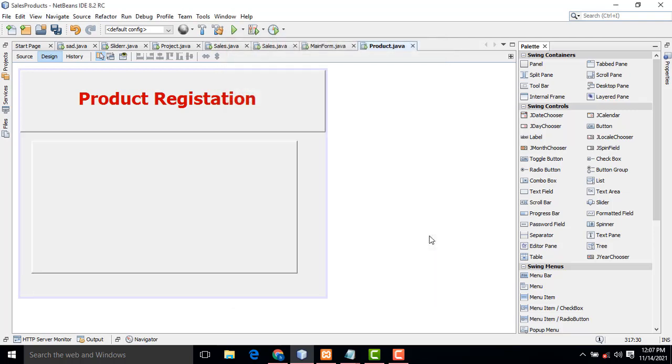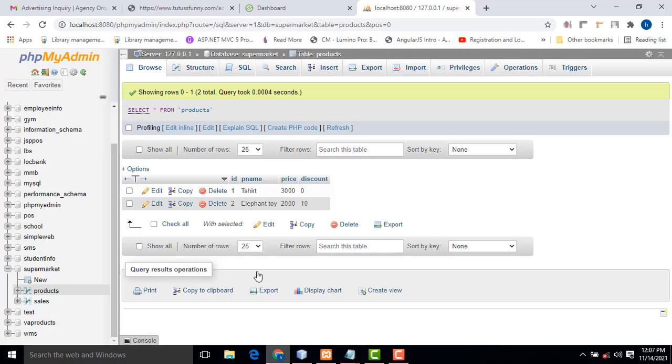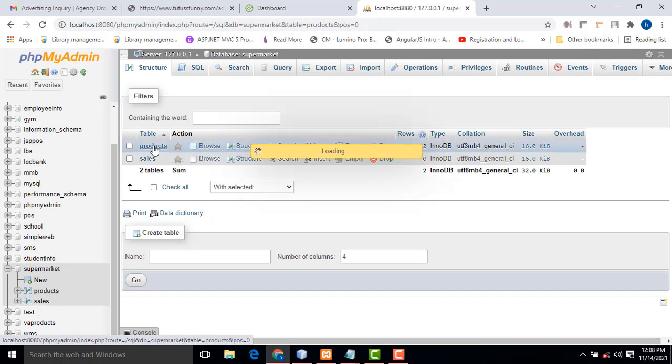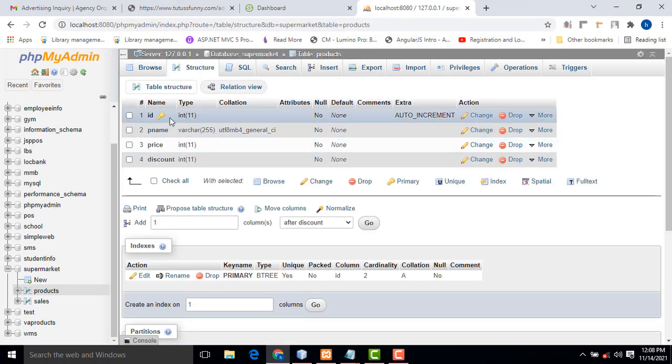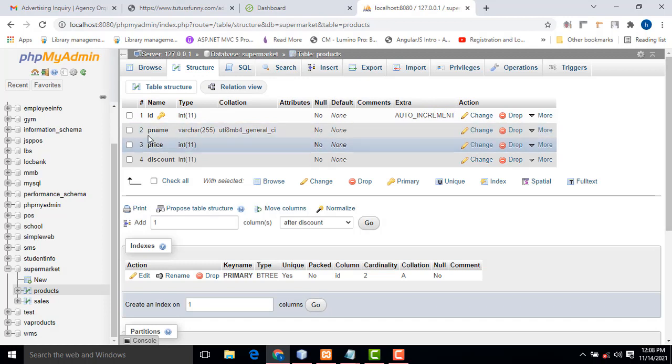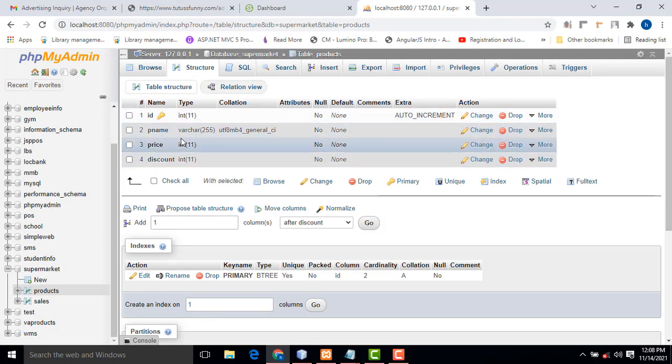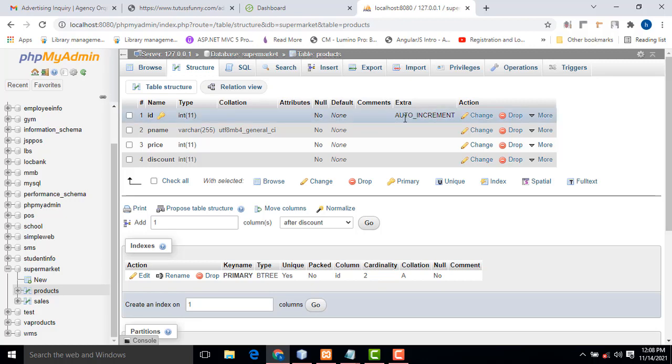Okay, perfect. Now we have already created the database. This is the database we have created already, called supermarket. Inside the database we have created two different tables, the products table as well as the sales table. In the products table, these are the columns you have to create. The ID should be auto incremented. Product name, we have given a short name as P name, price and discount. You should give the column names like this. This is the efficient one, right, along with the auto increment part.